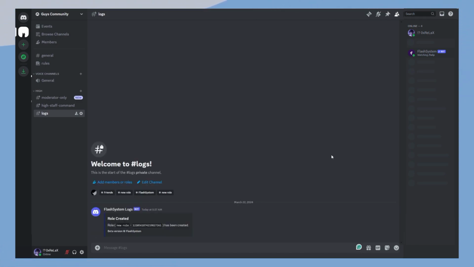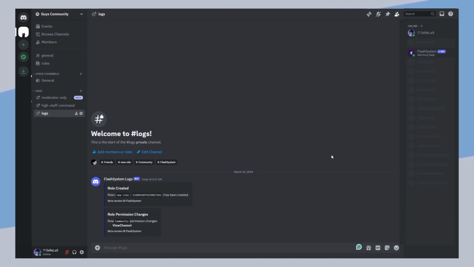And there you have it. By following these simple steps, you can ensure that nothing goes unnoticed in your server, allowing for better moderation and